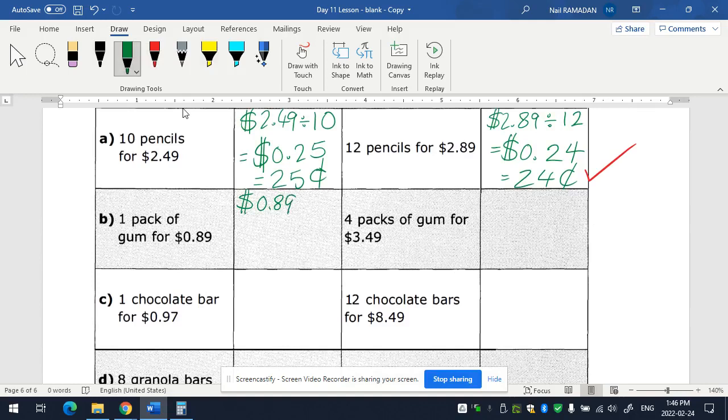0.89. Oh, this is already in cents. That's a very cheap pack of gum. But here's the thing. It's already one pack of gum. So technically, even if you do the calculation, you are ending with 0.89, which is 89 cents for this pack. However,